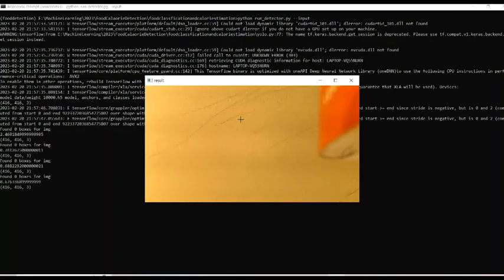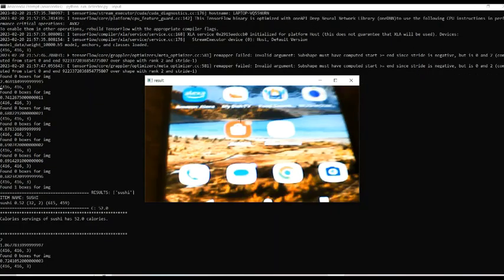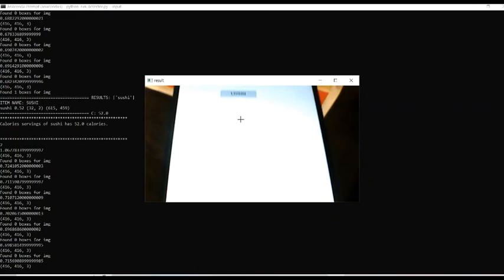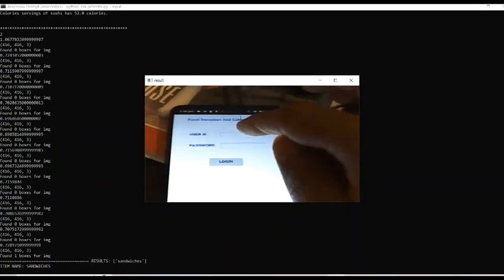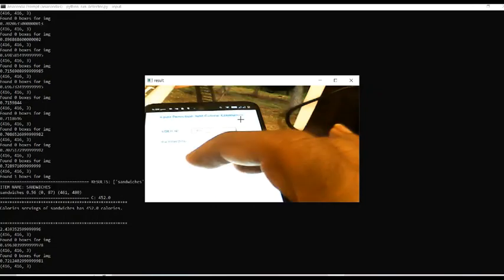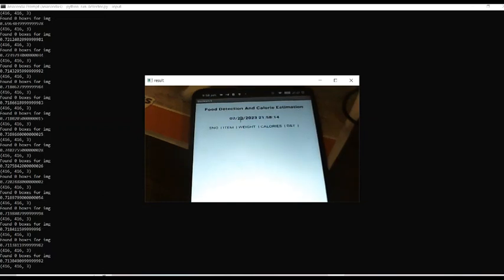So once the camera is on, I'm just showing you the Android app. We will have an Android app here. So this is the food detect Android app, and this Android app will have a user ID and password. For presently, I'm mentioning here user 1 and the password 1234. I will share the other two users. Totally I've created 3 users, and we will have a screen, and currently it is empty because we have not